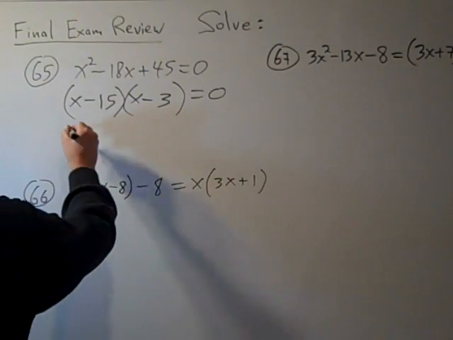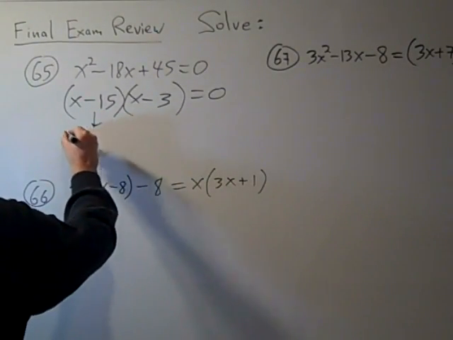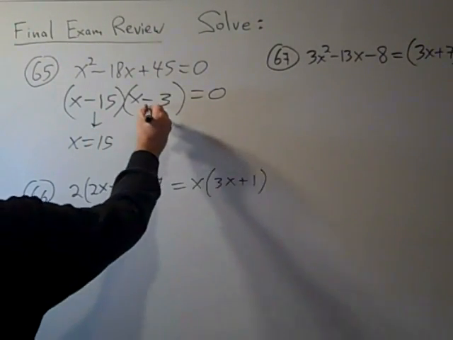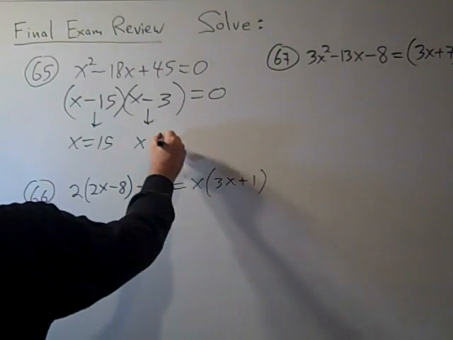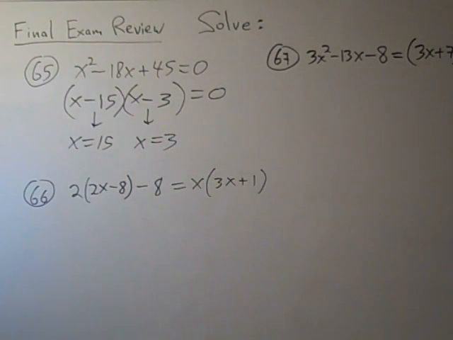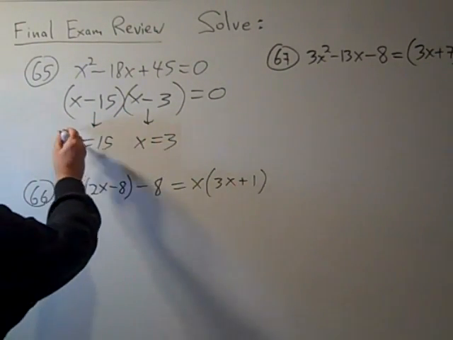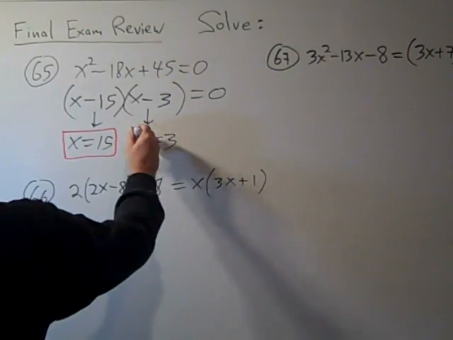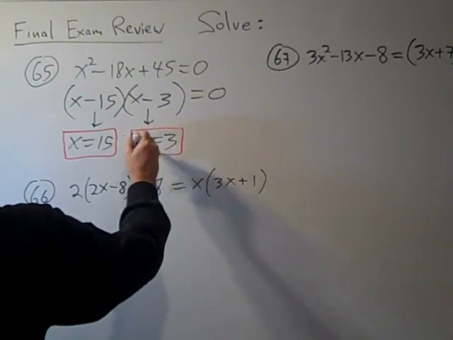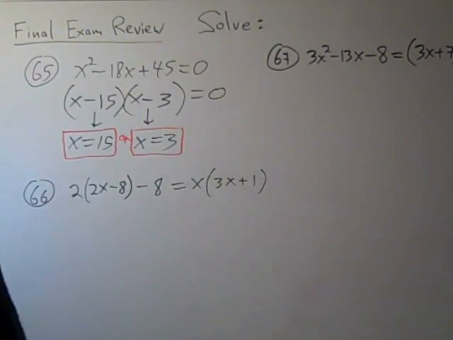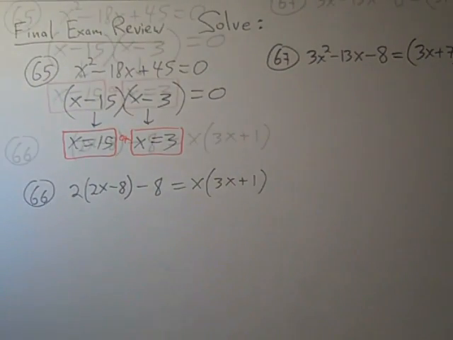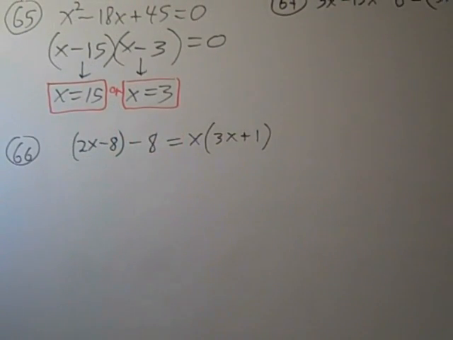So we get two solutions. This factor gives you x equaling 15, and this factor gives you x equaling 3. These are two solutions to this quadratic equation. Both of those are valid solutions to that equation. Now for problem number 66,